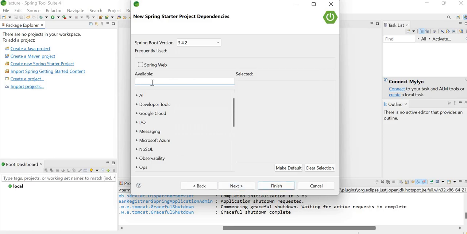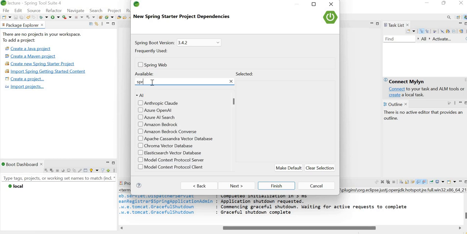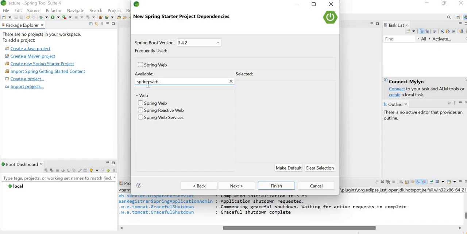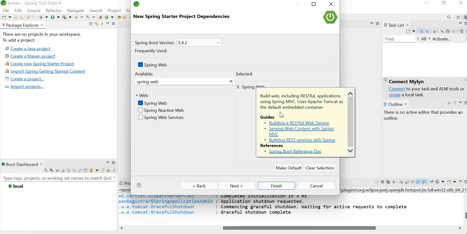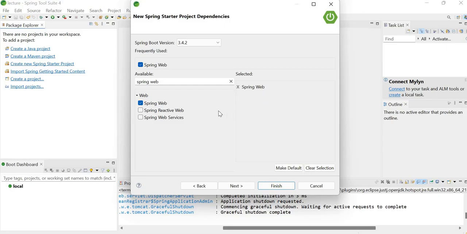Here we will require some dependencies, but right now for this simple project we will require only the Spring Web dependency, because without it we will not get the Apache Tomcat container. You can check here. See, it uses Apache Tomcat as the default embedded container. So we have used this Spring Web dependency.